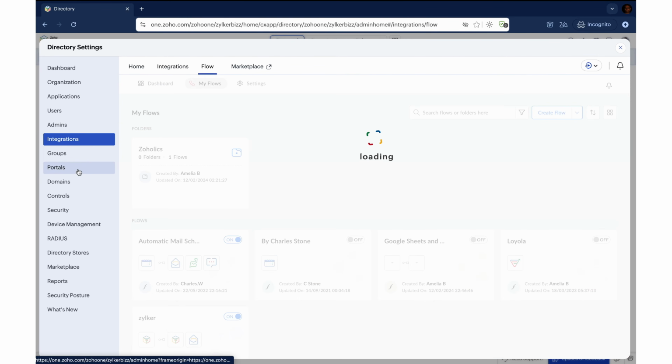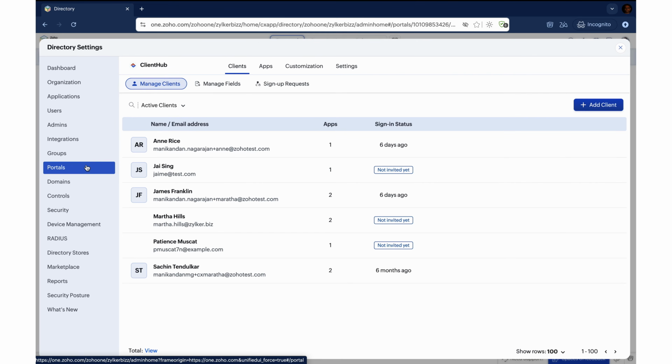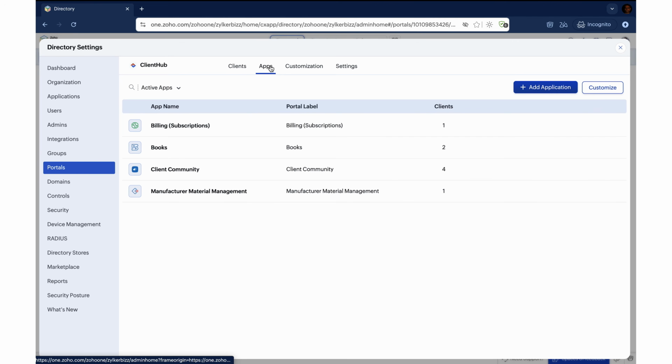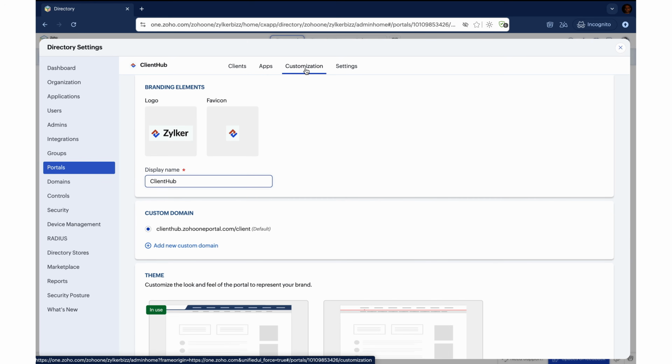And that's why we are also introducing the concept of portals in Zoho One, where you can manage your clients, manage portals for various applications. You can add a third party application to the mix. You customize your portal and do all of that. So that's the second major addition to the integrations part. Then there's a third one, which is